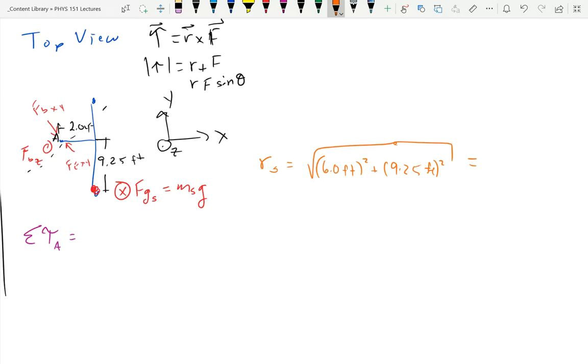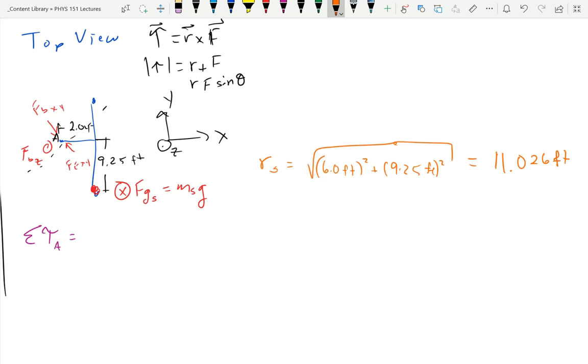And let's just get a number for that: 6 squared plus 9.25 squared, and then square root that. So we have 11.026 feet